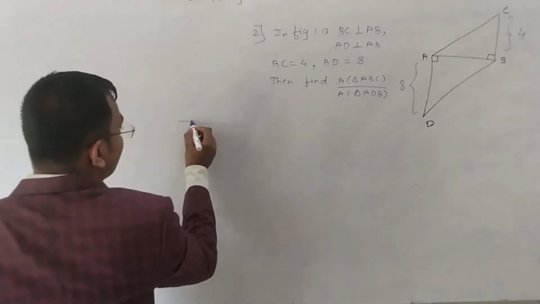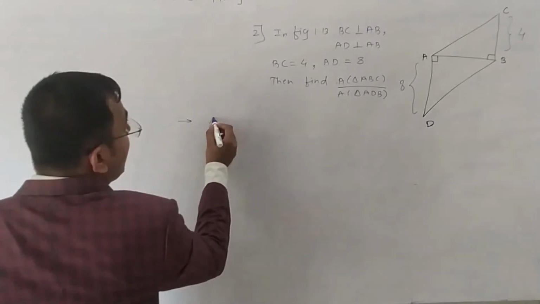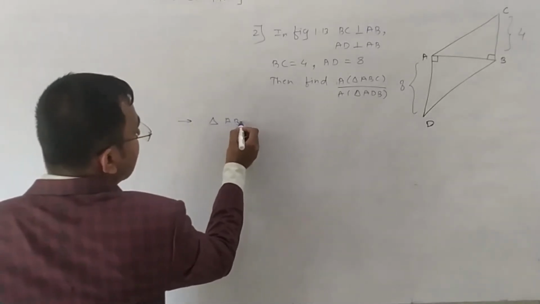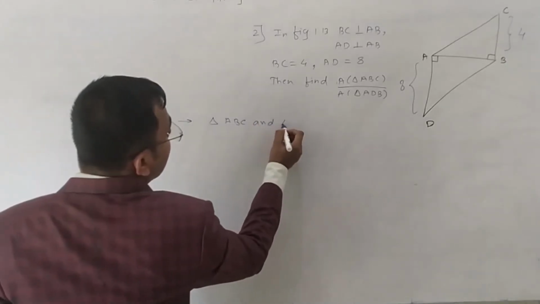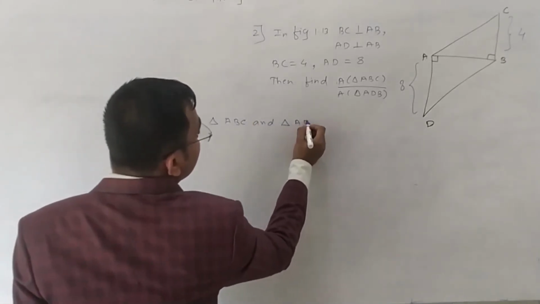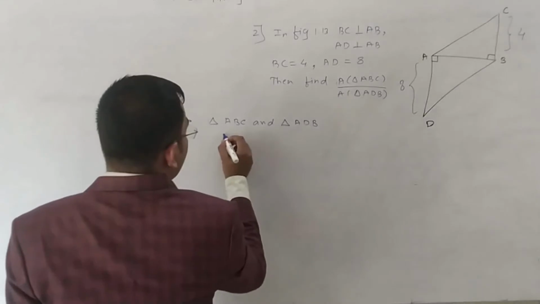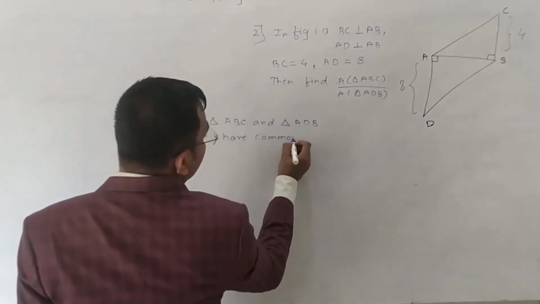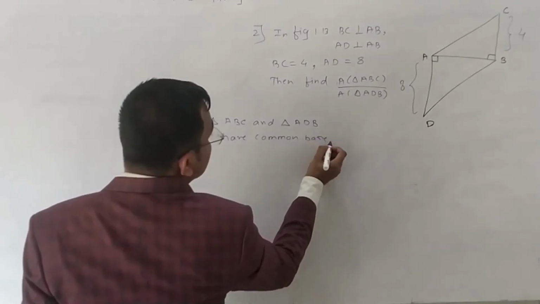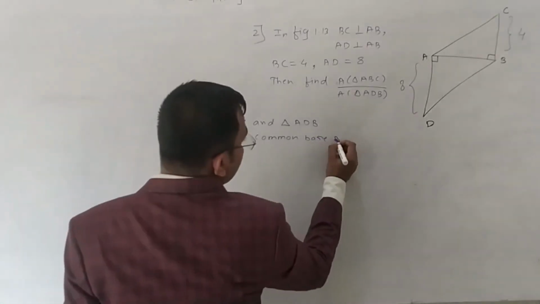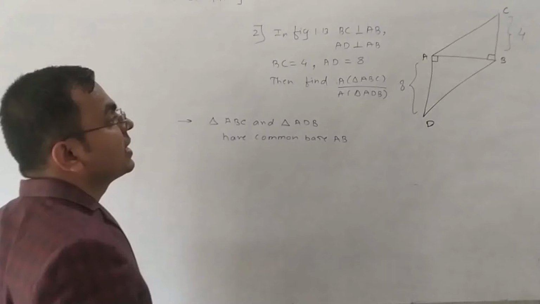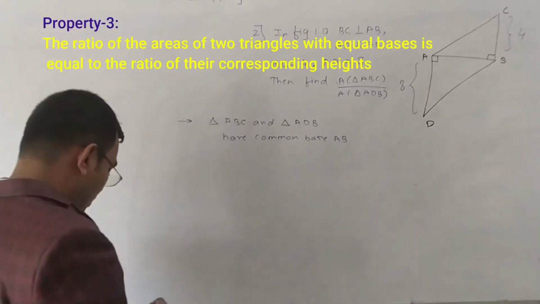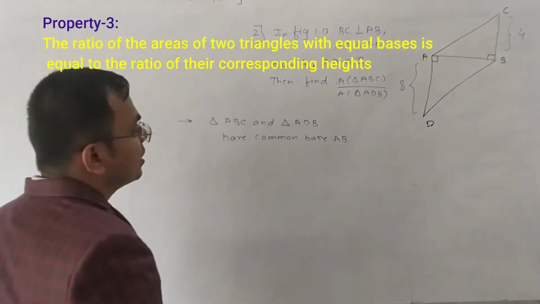Now solution: triangle ABC and triangle ADB have common base AB. Common base AB. Now by property third,